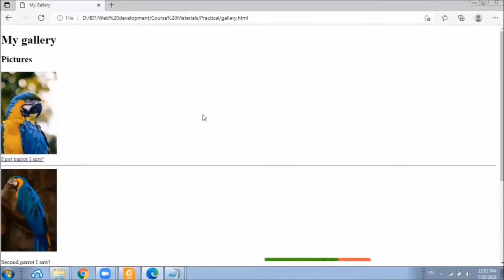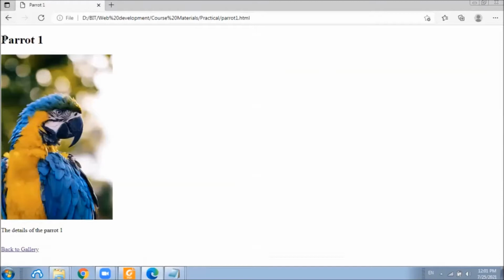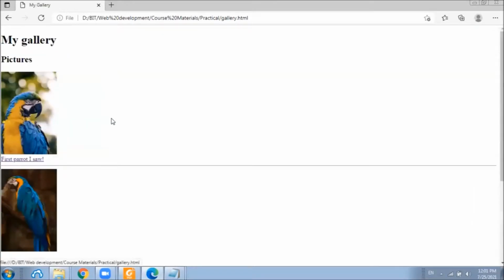Now imagine that we want to open this page in a new tab. At the moment, when we click here, this Parrot1 page opens in the same page without opening up a new tab. How do we do that?